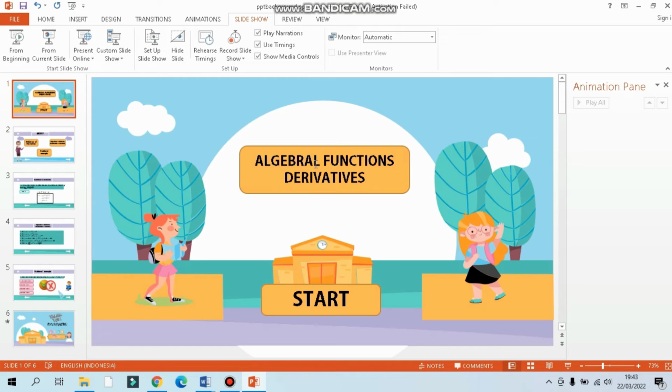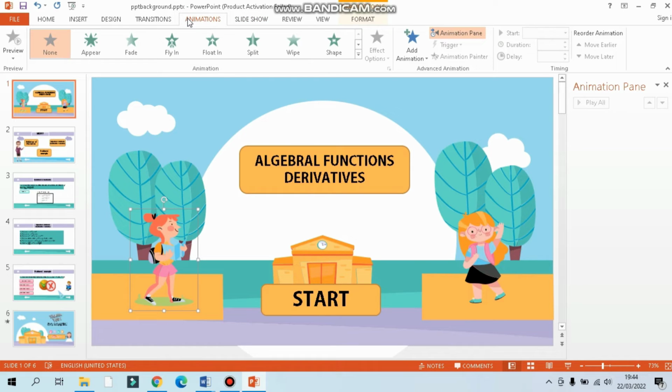Okay, next to make it more interactive, we can set the icon with animation, which is, first, we want to make the animation of the people.